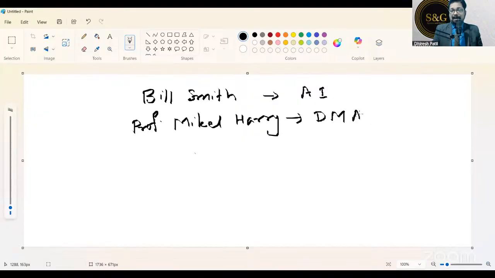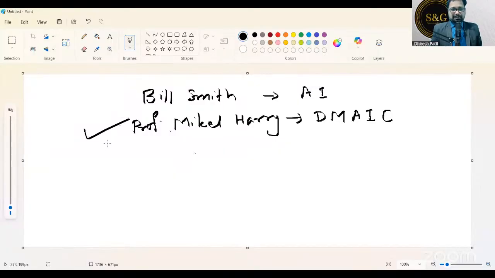And then came analyze and improve, AI. After that, Michael Harry added the control phase as well. So the total DMAIC framework is the gift from Bill Smith as well as Michael Harry. Both were working for Motorola together at this point in time. The yellow belt, green belt, black belt, master belt, all this was done by Michael Harry only. Just for your information.